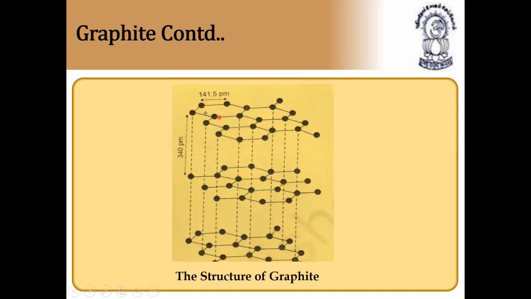So this is the structure of graphite, hexagonal rings. This is the first layer, second layer, and third layer. Due to this layer-like structure, they are soft and slippery in nature because the layers slide